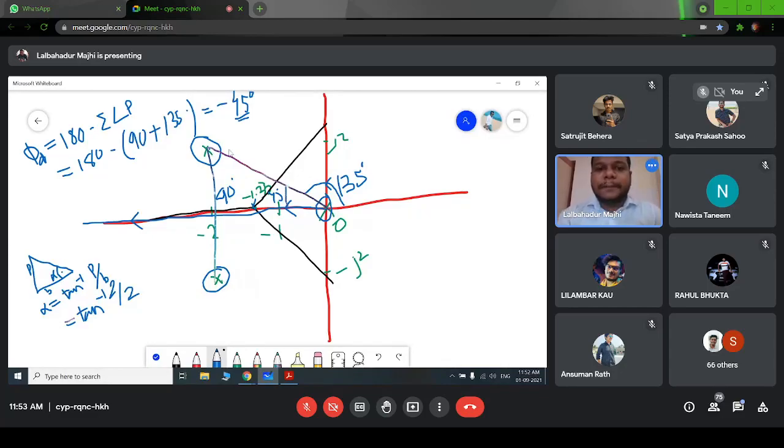So then we have to draw minus 45 degrees from this pole. Let's say this is our line, up to this j2. With reference to this line, we have to draw this minus 45 degrees. So let's say this is our